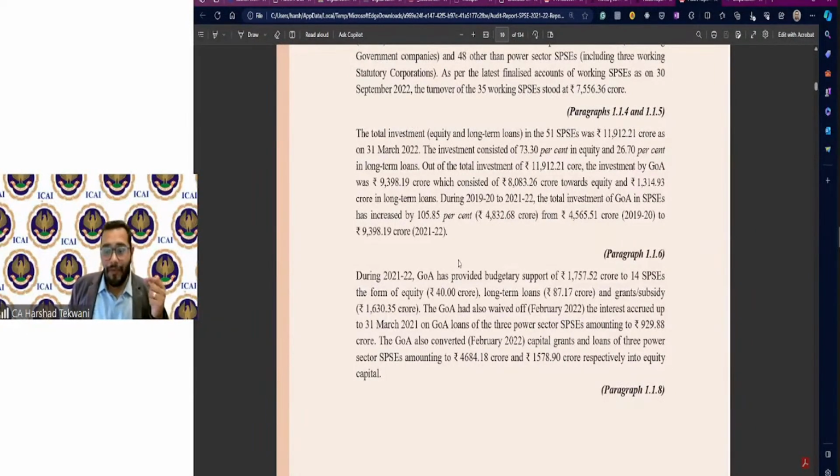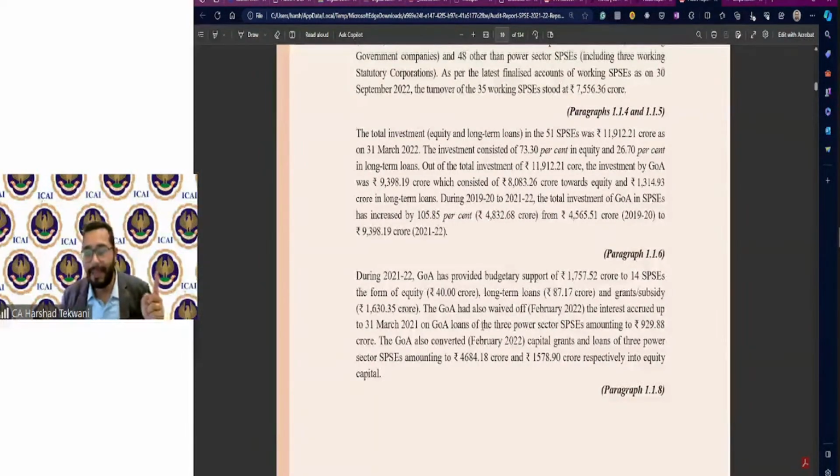That's why it becomes very important for us to understand what is the expectation from us as a chartered accountant. If a CAG tomorrow appoints us, then we should be able to cater to that requirement: what is expected from me and what will happen to my report. It's not just like in a company, where we prepare a report and it goes in front of the members. First it will be approved by the board, then it will go in front of the members in the AGM, the members will approve it. It is then filed with the MCA, or shared with the relevant stakeholders. That's it. Not in the public sector undertaking.